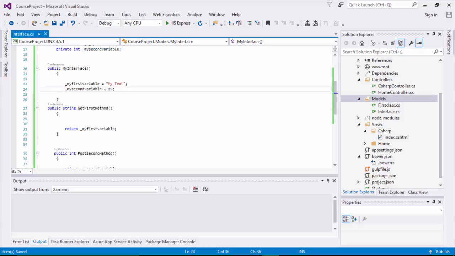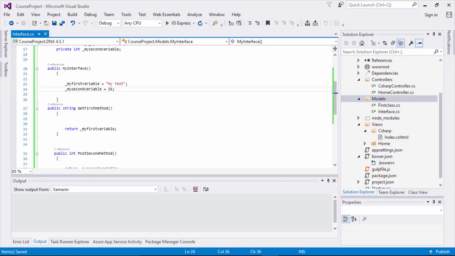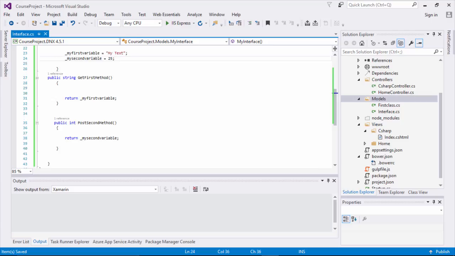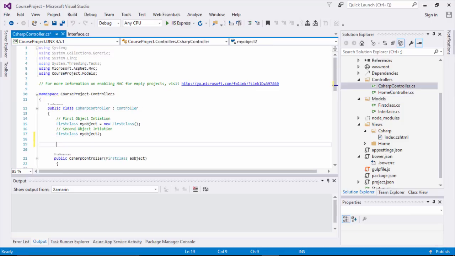So in this case, we've just hard-coded some values. Typically, you will not do this. But we've set my first variable equal to my text and my second variable equal to 25. And then when we actually create an object instance of this class and call these methods, we are going to return my first variable and my second variable. So then we'll go to our C# controller, and we'll go right down here, third class. We're going to say my interface, my object,